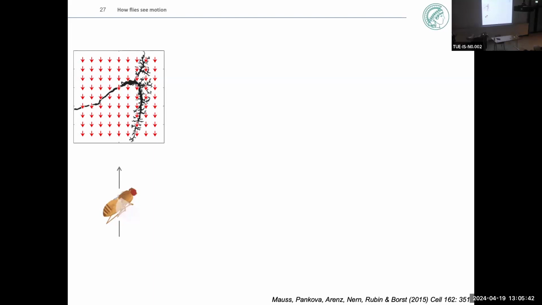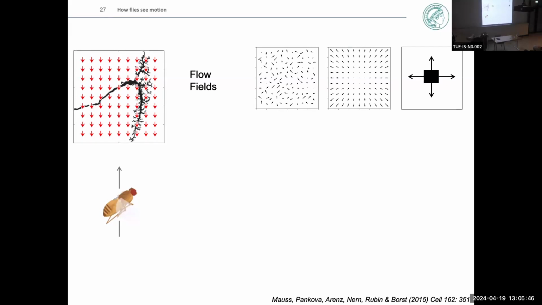Now, what would such a neuron respond to, say, a random optic flow or an expansion optic flow or a looming square? Now, you have a number of motion vectors which stimulate this cell, but you have an equal number which inhibit this cell. And so as a net,